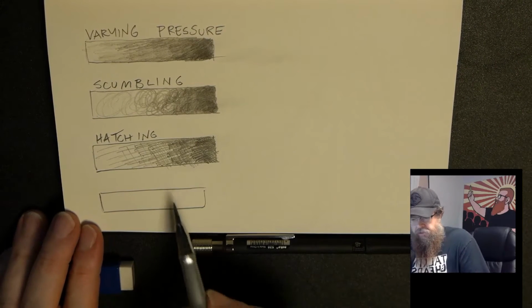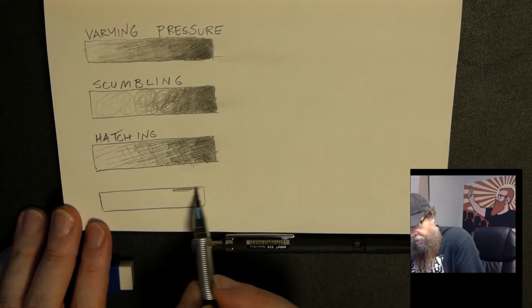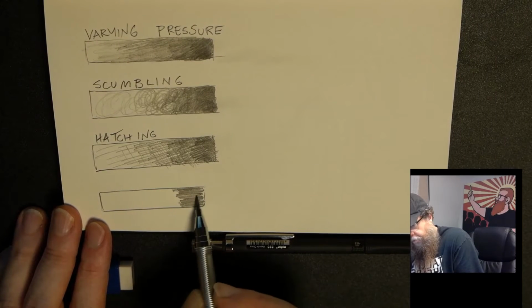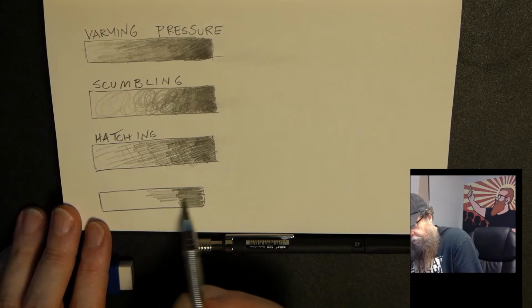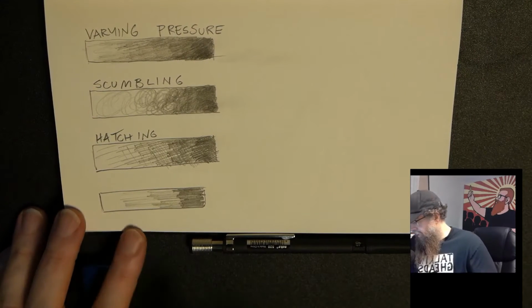Now, I'm going to teach you how to smudge. It's pretty easy. Start down here and color kind of a lot. Not too much, but kind of a lot. Come over here and color a little bit. Come back here and barely color at all. And then you can take your finger